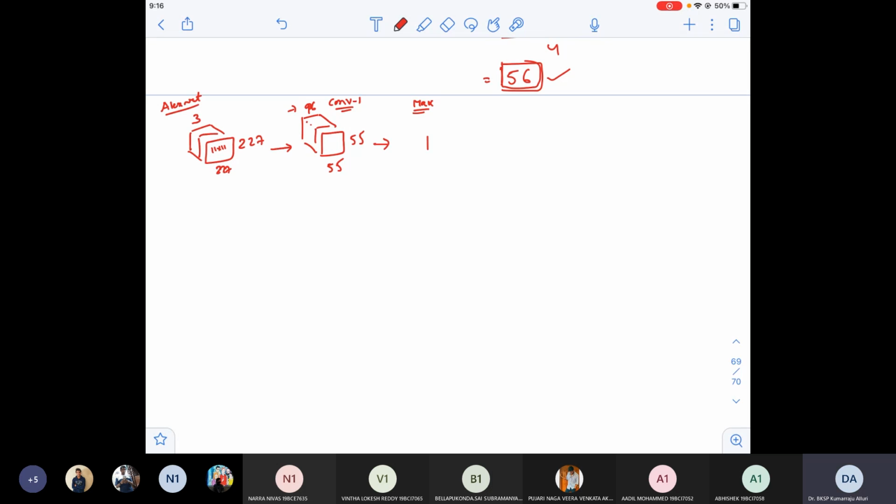What they have done is, you know that generally for a max pool layer, the output will be reduced by 2, because generally in max pooling they use a stride of 2. I'm not saying all the cases, in general. So they have got 27 cross 27, and they applied a 3 by 3 filter here, and they got 27 by 27. And how many maps will be there? 96.